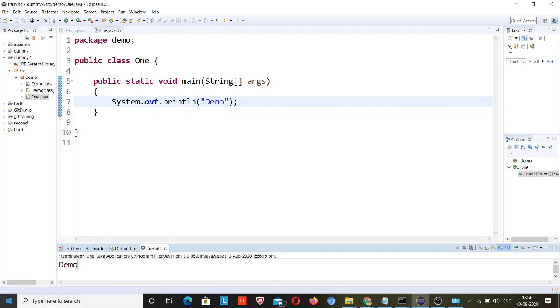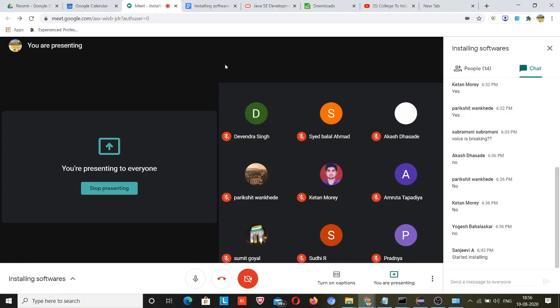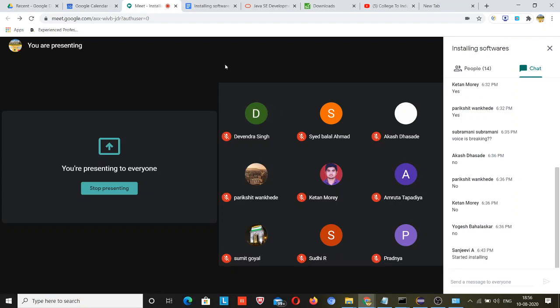If you are getting a message like this, it means your system is ready to code from tomorrow. If you are not getting this message, it simply means you have made some mistakes during the software installation process. I hope that everybody has installed the software on their machines.